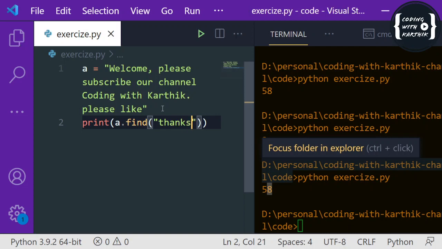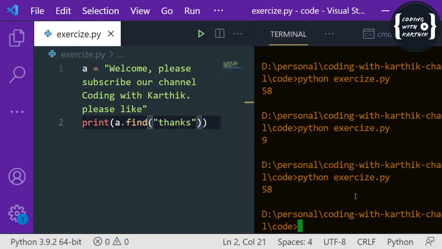This is not existing in the string, right? If you try to find it, the find method is giving -1. That means if the substring does not exist in the string, it gives -1 if you use the find method. But if you use the index method, it will throw an error.